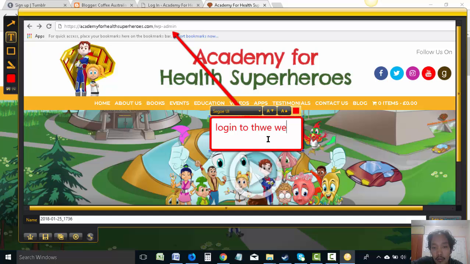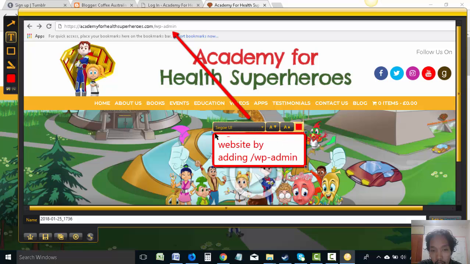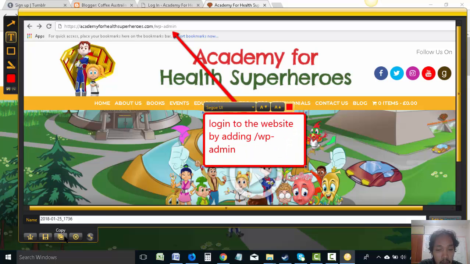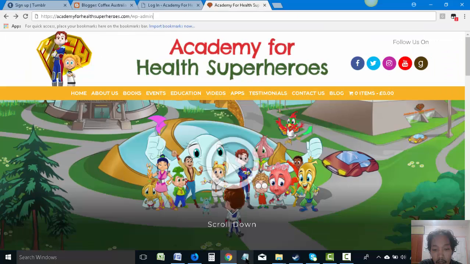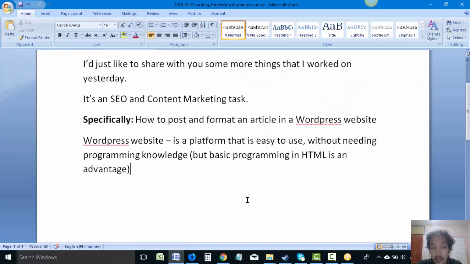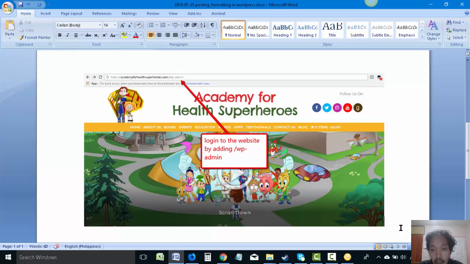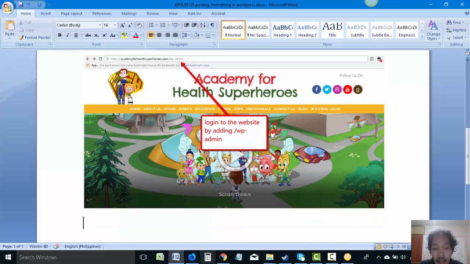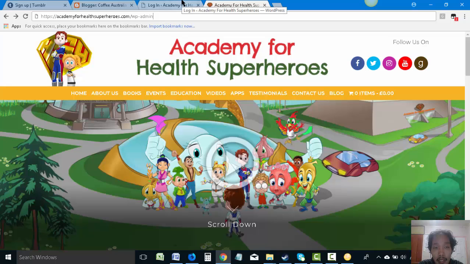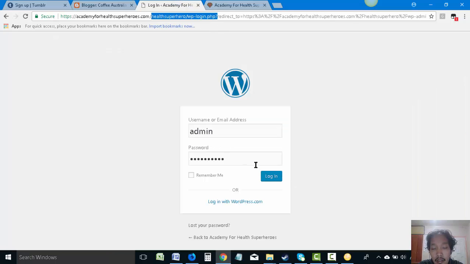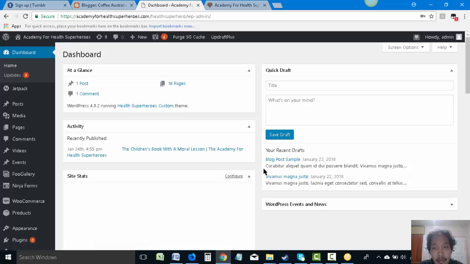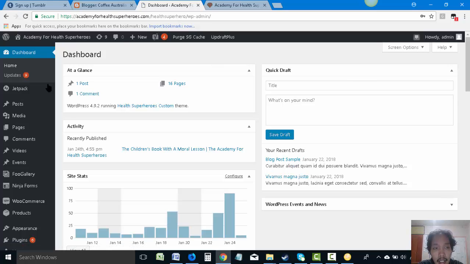Log in to the website by adding wp-admin. Ayan. So, tapos, syempre, i-enter nyo yung username and yung password. So, in this case, in-enter ko na, so hindi nyo makita yung username and password, but the client will provide you with your username and your password. So, this is what the